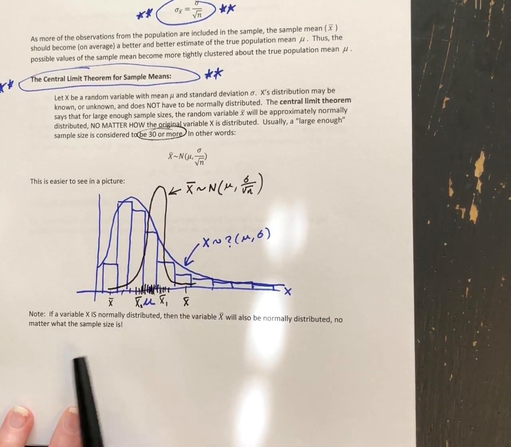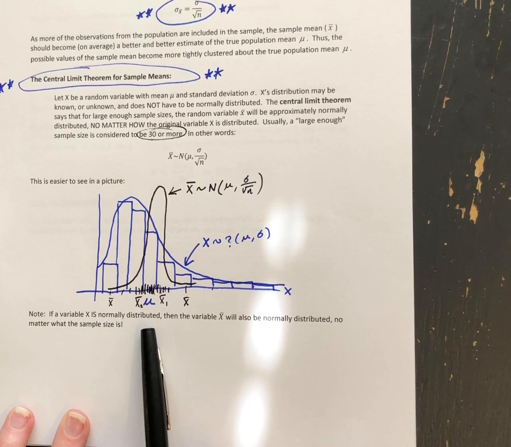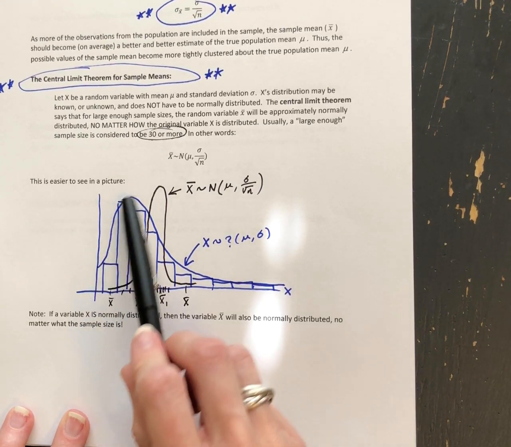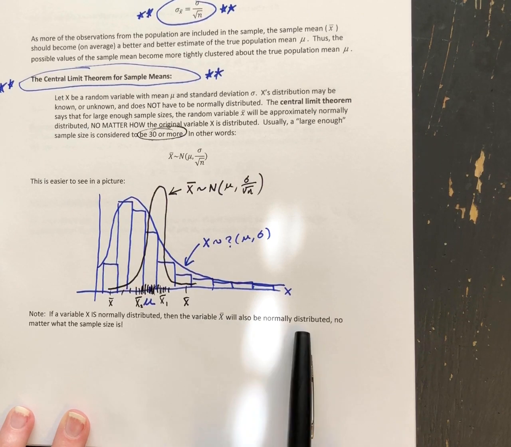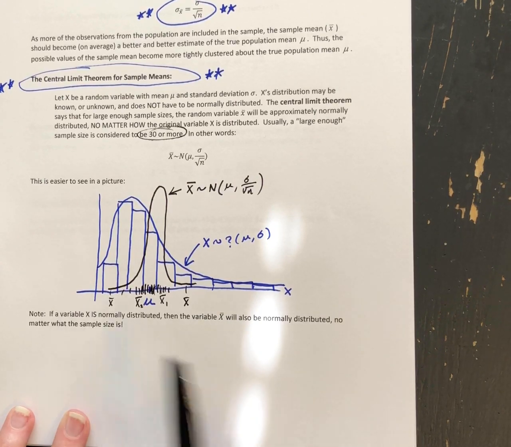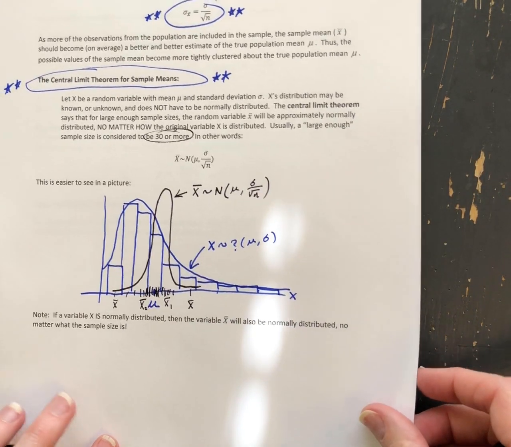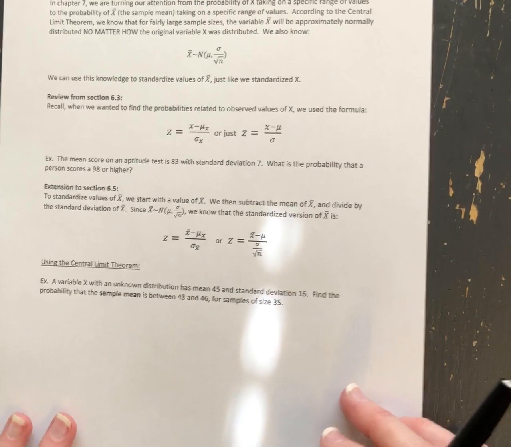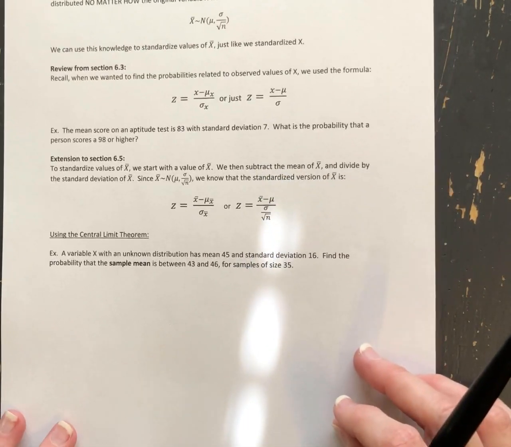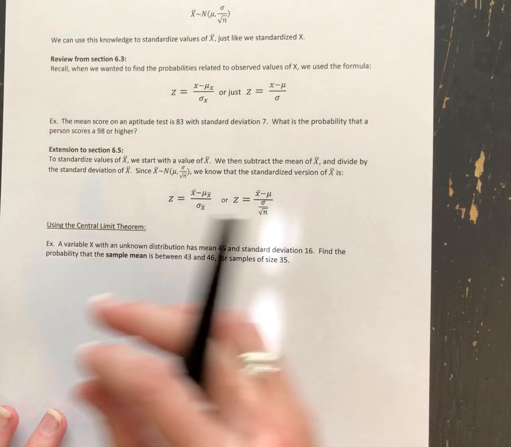Okay, and then as a side note here, if your variable x is normally distributed to start with, so whereas this one was right skewed, let's say we started with one that was normally distributed, then x bar is also going to be normally distributed no matter what the sample size is. Okay. So this last page here is just going to be a summary that's going to walk us through